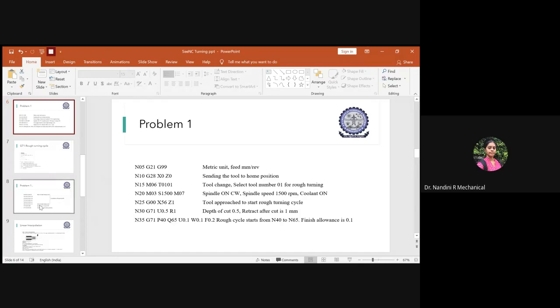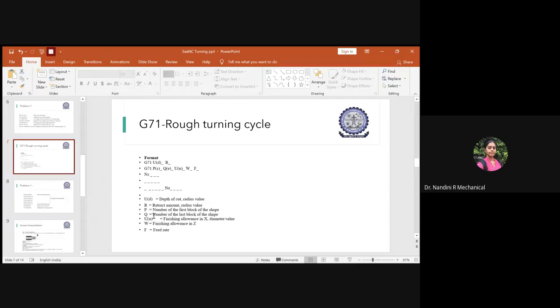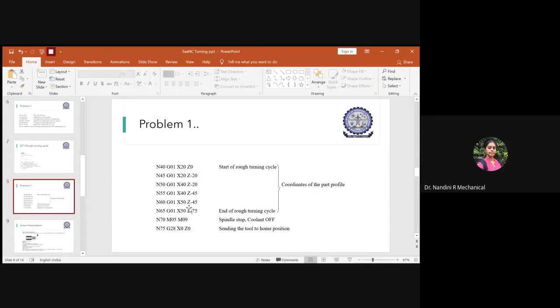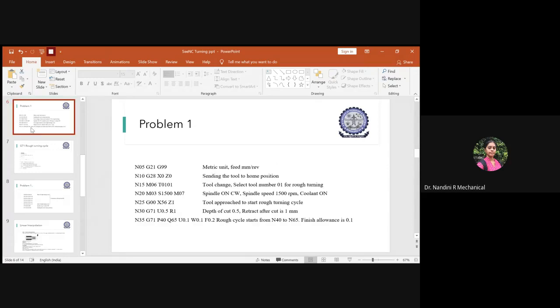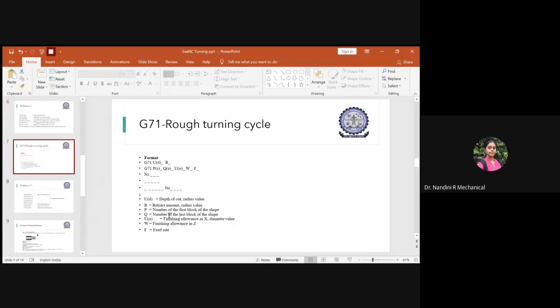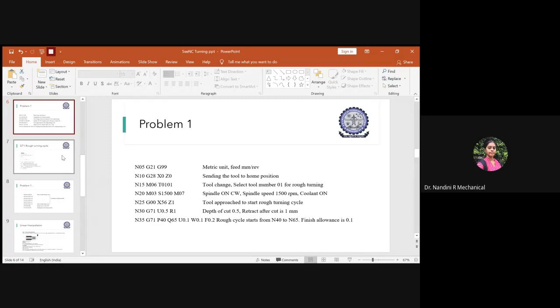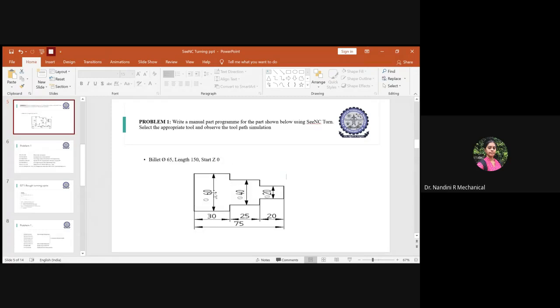And next in the syntax, it asks you Q, which is the number of the last block for your rough turning cycle. So in the program, what we have written here, the ending value is for the sequence number 65. So we have to write here Q as the 65 value. What is Q as per the syntax? It is the number of the last block of the shape. You have how many blocks in the diagram? 1, 2, and 3.